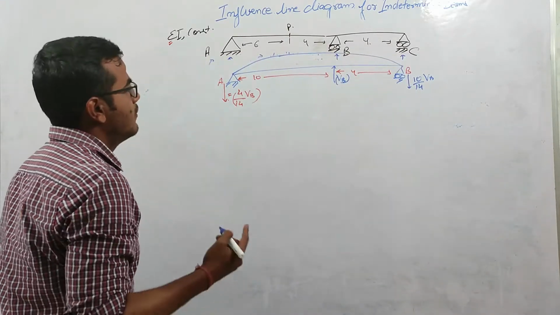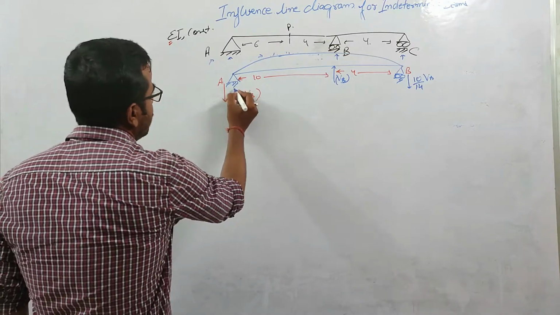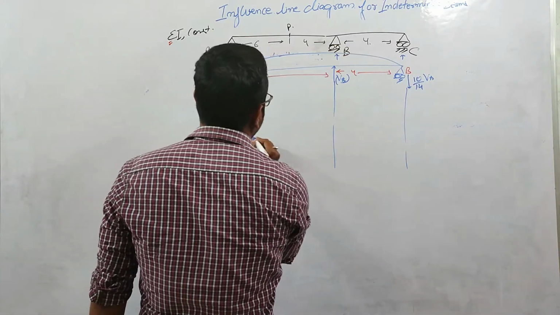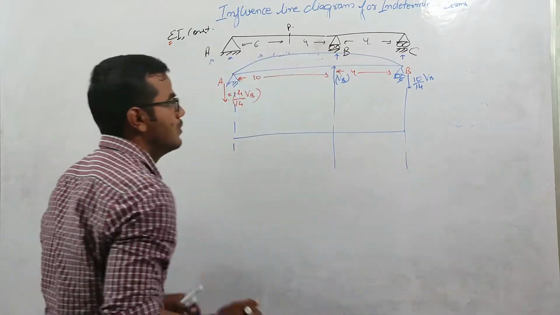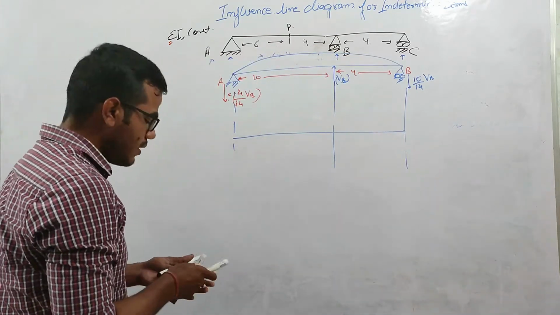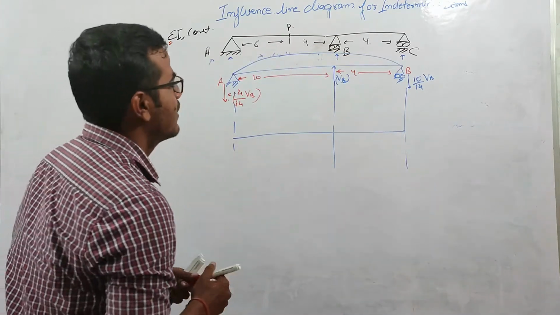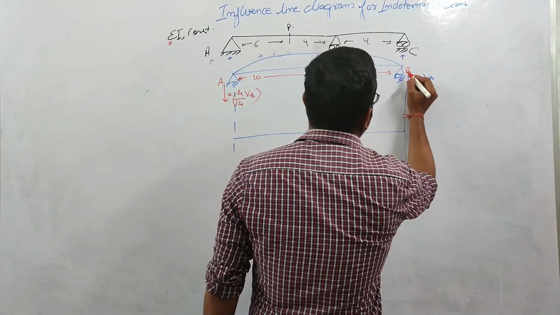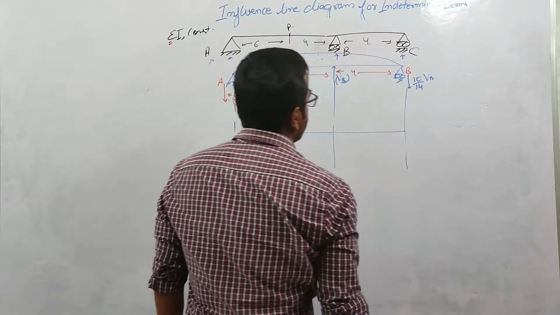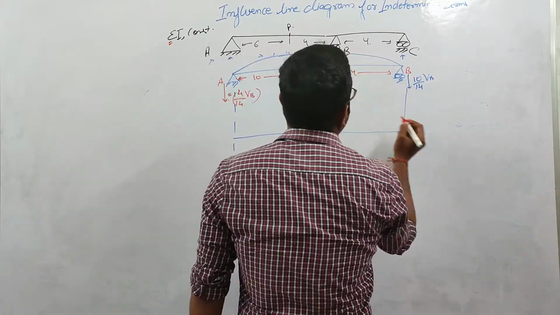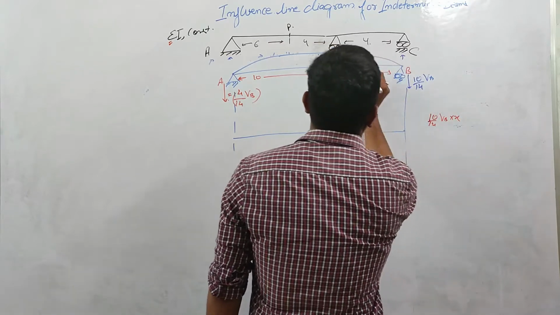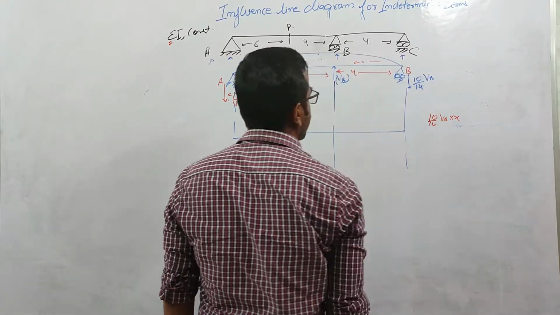Okay. Now we have found the vertical reactions at the support, and now we'll draw the bending moment diagram. If we want to draw the bending moment diagram, due to this load, due to this reaction at this support, the moment at a distance x will be nothing but 10 by 14 VB into x, if I take this at a distance x.